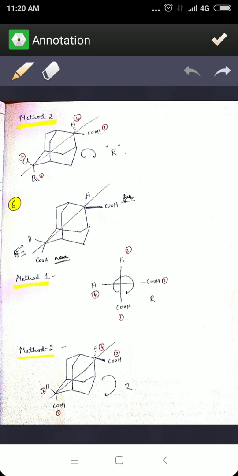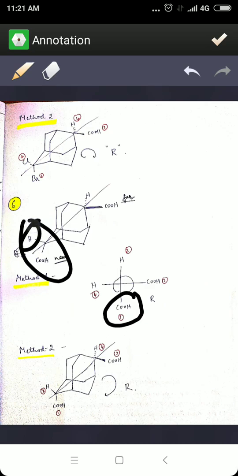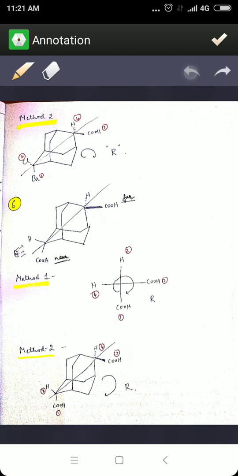Now coming to the function groups which are near to you, as I told you, since carboxylic acid is on your right side, it comes down on the vertical line, and hydrogen is on your left side, and it comes on the vertical line in the first position, that is above. Now after writing down the substituents, let us do the configuration. Here you can see it is 1, 2, 3, and 4, in the clockwise direction, and hence it attains the R configuration.